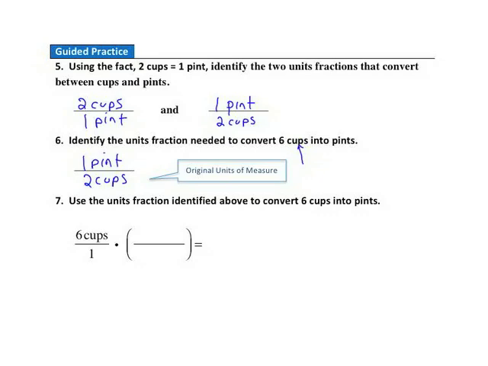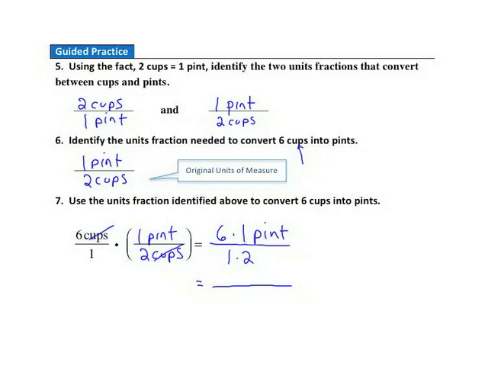Question 7. Use the units fraction identified above to convert 6 cups into pints. So I put my units fraction, 1 pint over 2 cups, into the framework, and you'll notice that my old unit of measure, cups, will divide out, one in the numerator, one in the denominator. When I multiply across, I'm left with 6 times 1 pint in the numerator and 1 times 2 in the denominator. I need to simplify this fraction, so I'm going to go ahead and factor the 6 in the numerator